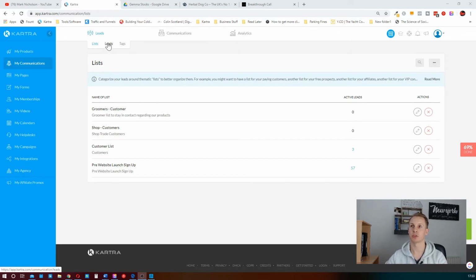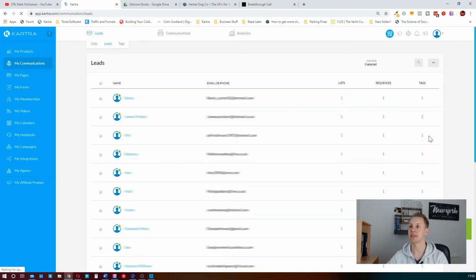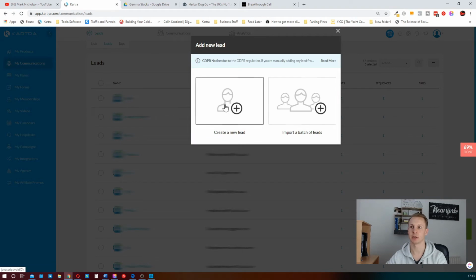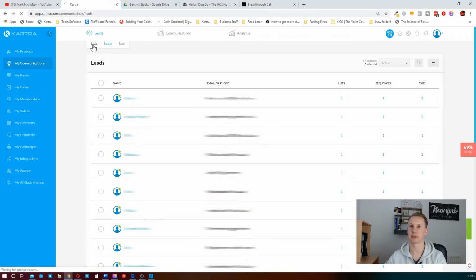So if we just went to leads, which I'll show you now. If I click on this big green button, which unfortunately my webcam is hovering over, down the bottom right hand side, you're going to see a big green button called leads. If I click on that, you can either create a new lead for just a single one, or import a batch of leads. So that's another way to do that. Or if we go back to lists,